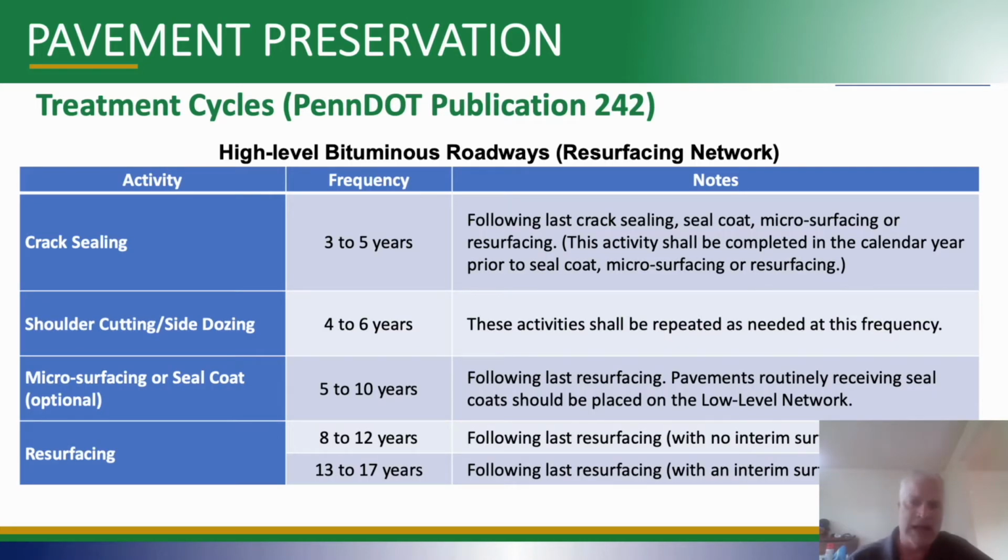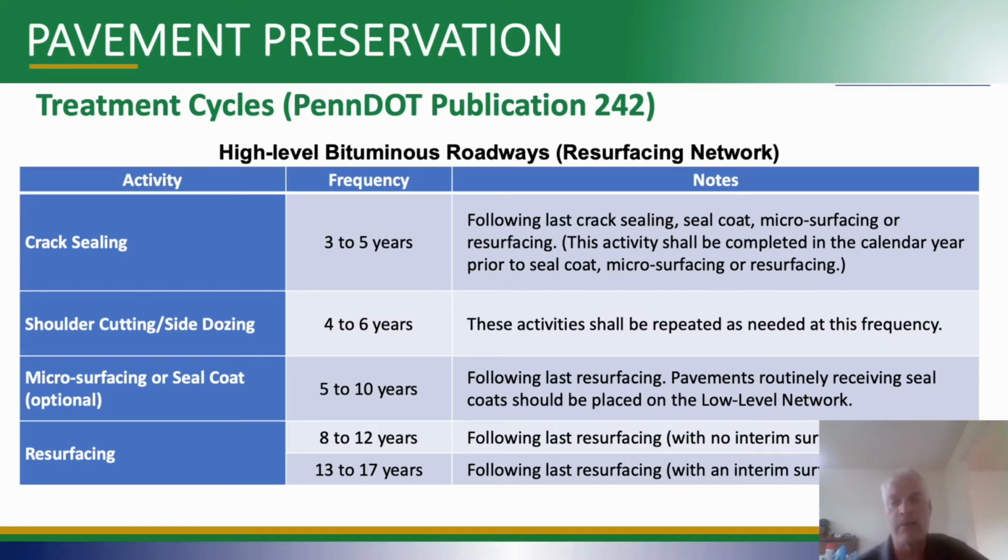Related to preservation, we established what we call treatment cycles, and they're defined in our Publication 242, that's the Pavement Policy Manual. These are used to just get a sense of what will need to be done in about what window of time. It's not anything other than a planning tool. You get a sense of what the need's going to be in the future so that you can do your planning. Obviously, you're not just going to go out and do it because it's the time or the number of years it says so. You have to monitor the condition and see if it's warranted. It may be too far gone for this treatment, or it might not need it yet. So these are just general windows of time that you can use to plan how much work needs done.